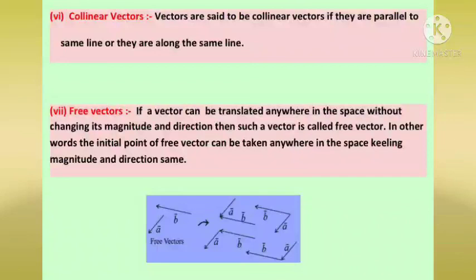So look at the diagram to understand what exactly free vectors are. You can see there are two vectors A bar and B bar. They are called free vectors. So what is the direction of B bar? It is towards the left. What is the direction of A bar? It is below, okay, downwards. So see, we have changed the initial positions but we have kept their direction and magnitude same. Observe in all the four options given on the RHS. Here you can see A bar and B bar. The direction is towards the left for B bar and the direction for A bar is downward. Only the initial point has been changed. So these types of vectors are called free vectors.